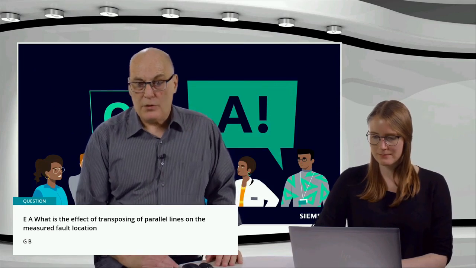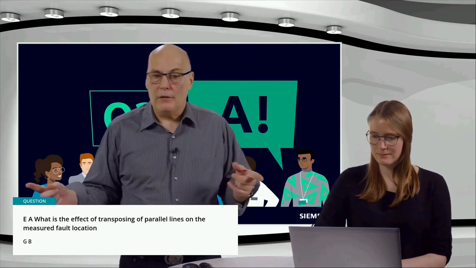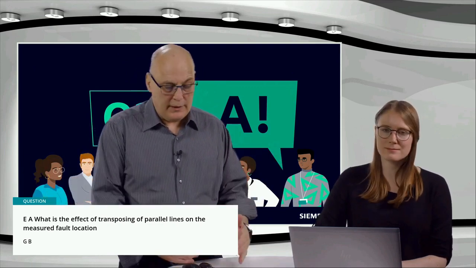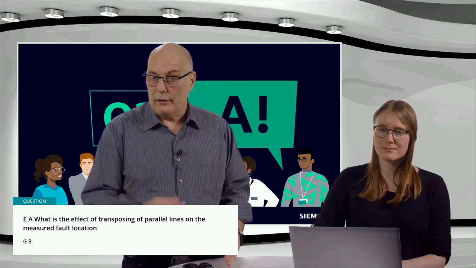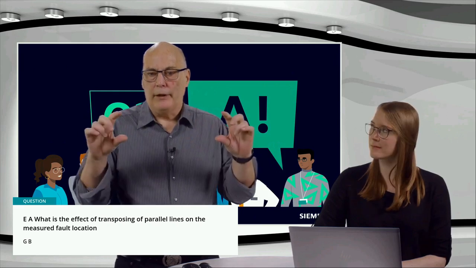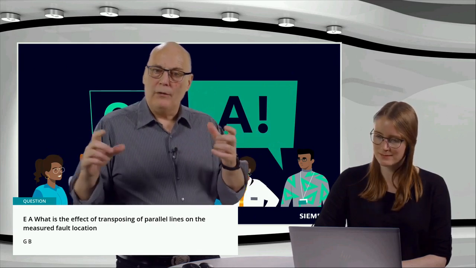Most questions are about the first 2 parts, about the distance protection. I want to start with a question from EA. What is the effect of transposing of parallel lines on the measured fault location? Right. It is common that longer transmission lines are transposed, and the transposition means that you take the outside conductor to the middle and the middle to outside, so over the entire line length it is balanced. Remember I said the impedance we use in our calculation is the positive sequence impedance, and it would be if it's symmetrical, that funny diagram we had. Now, if you don't transpose a line, it will not be